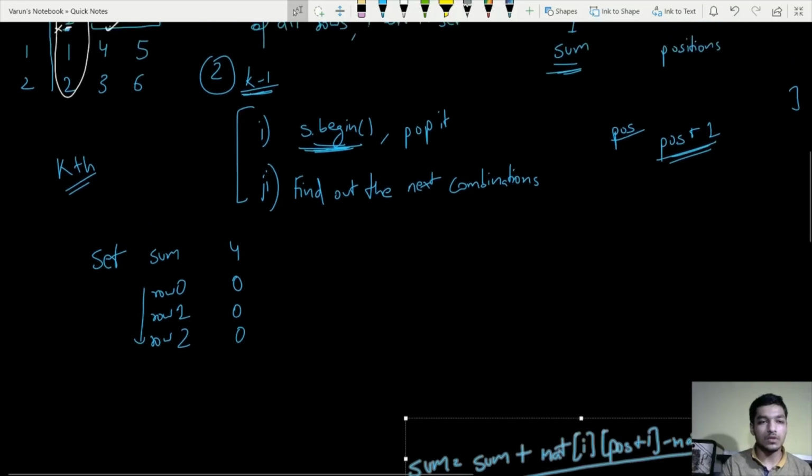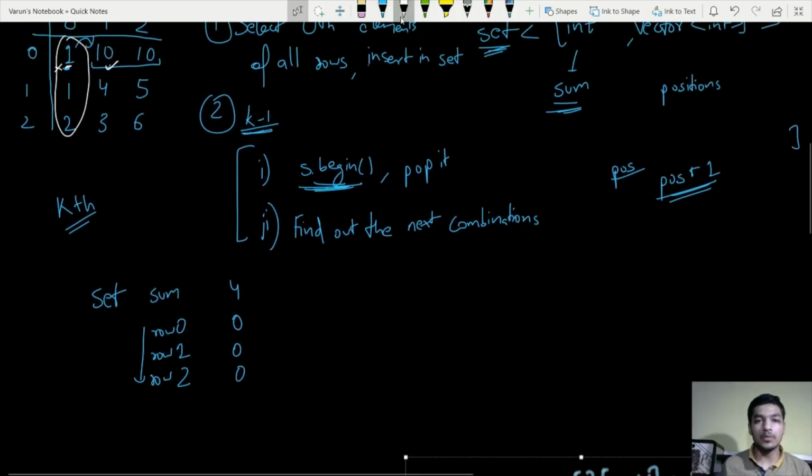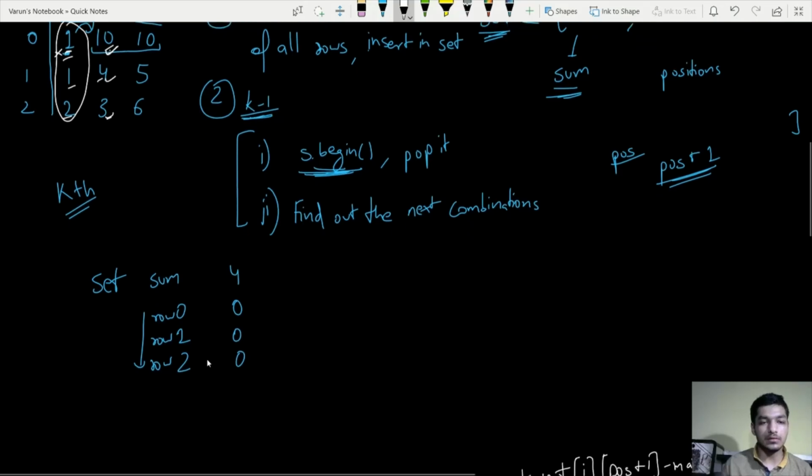So let's continue. Now the next elements we can select from every row would be the next element of the current position we are having. So here we can select 10, 4 and 3. If we select 10, the indexing would be 1 0 0. If we are selecting one element, we have to let the other elements remain the same. So if we are selecting 1 here, we let the other elements remain as 0 only. In the next, we're selecting 4, so we do 1 here and the other elements remain 0. In the next combination, we have 0 0 1.